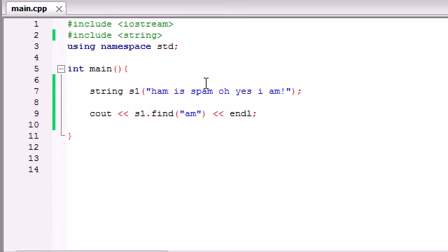Well, there's another function for that, and that's called rfind. This stands for reverse find. You know how whenever you're finding a substring such as "am" in a bigger string, it's going to start at the beginning and work left to right. Well, what reverse find does is it works right to left, and it's going to look for "am" from right to left. So it's basically going to give you the last occurrence of "am",